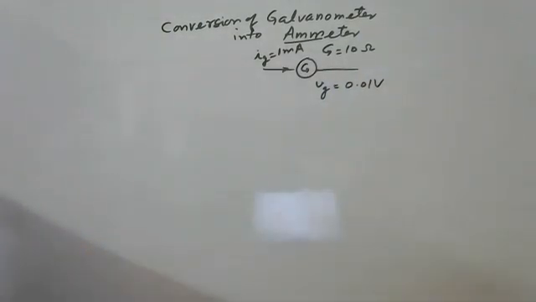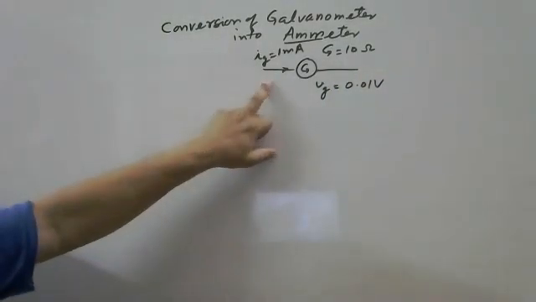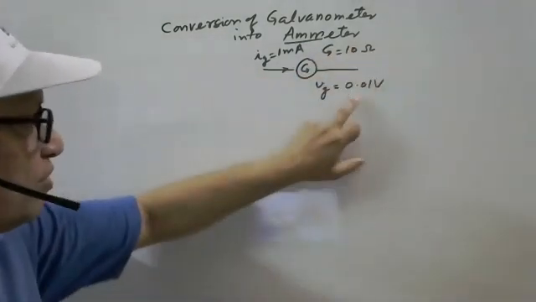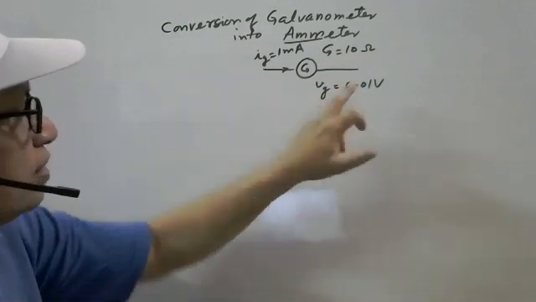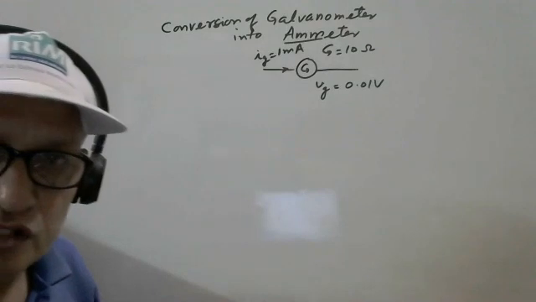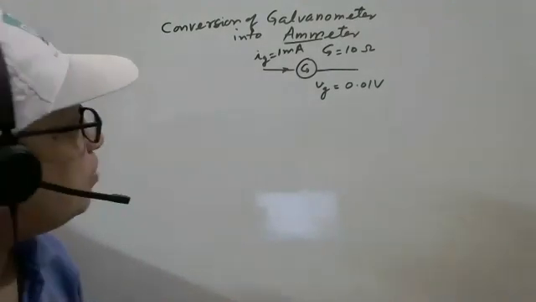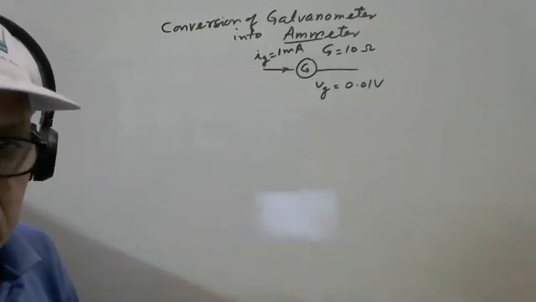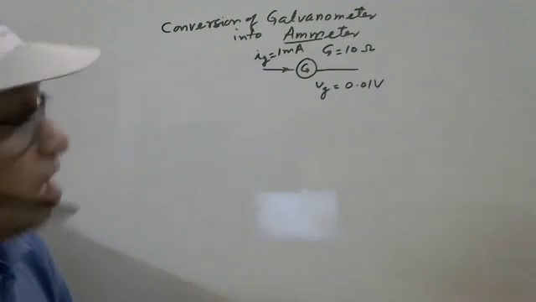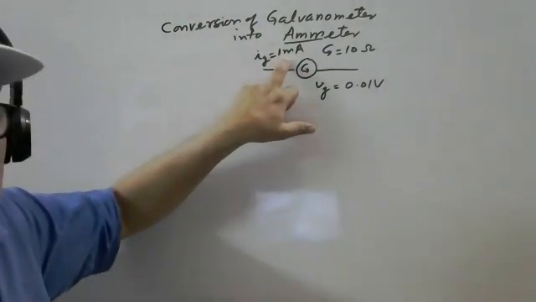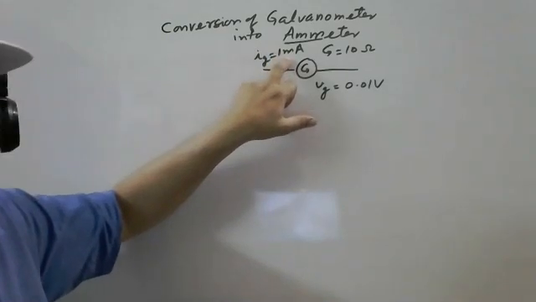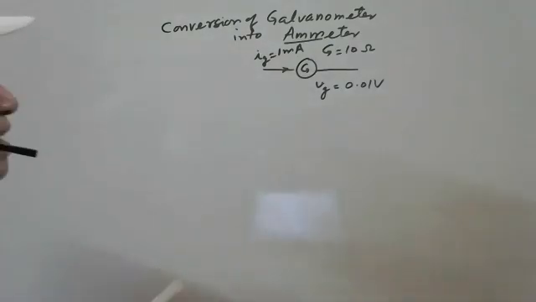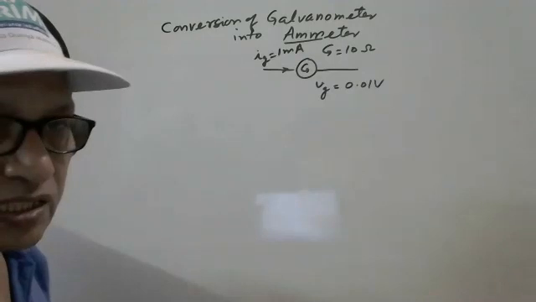It means if we pass more than 1 milliampere current through the galvanometer, it may burn out, or if you connect a voltage more than 0.01 volt, it will also burn out. But we are measuring 10 ampere current, 100 ampere, 1000 ampere current. Definitely we cannot measure that, because 10 ampere is 10,000 times more than 1 milliampere. It means we cannot measure high current from the same galvanometer.